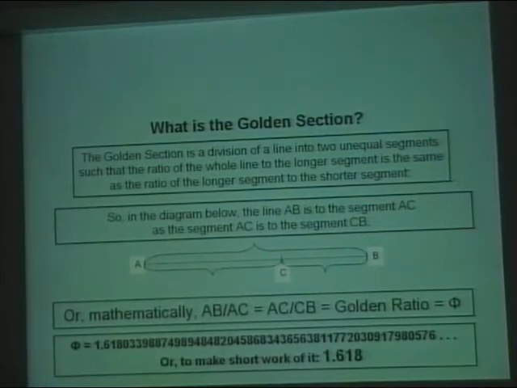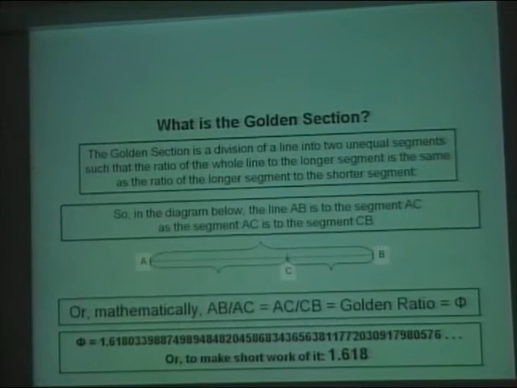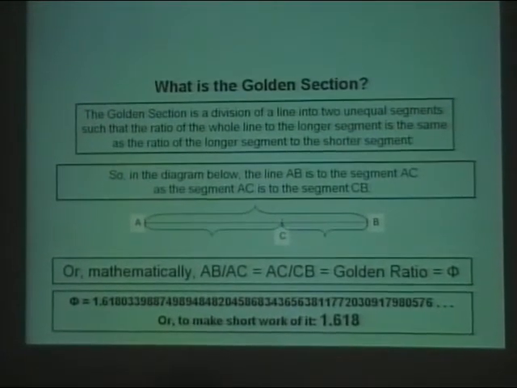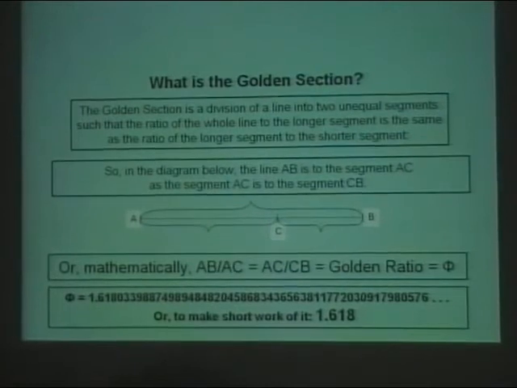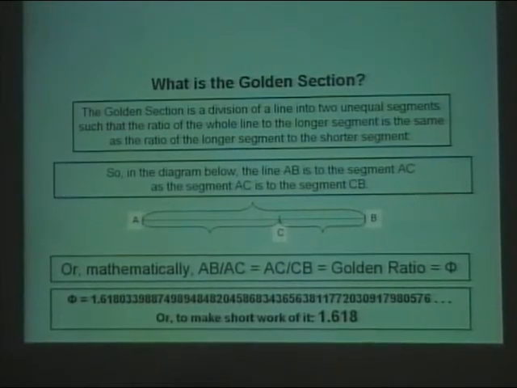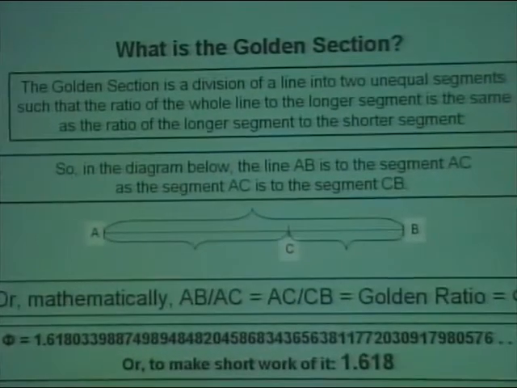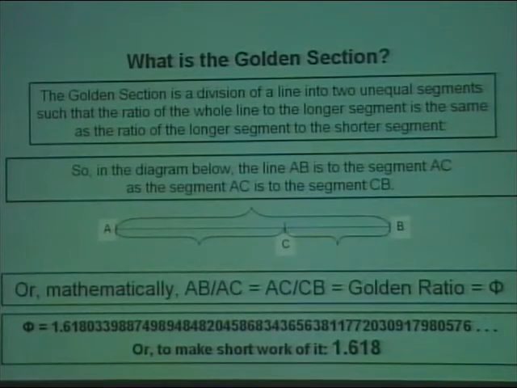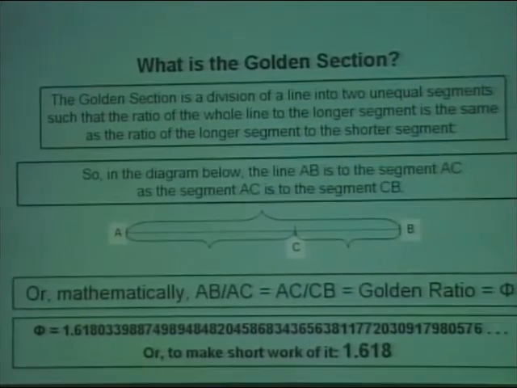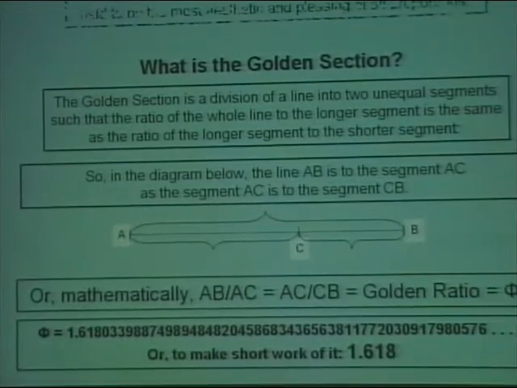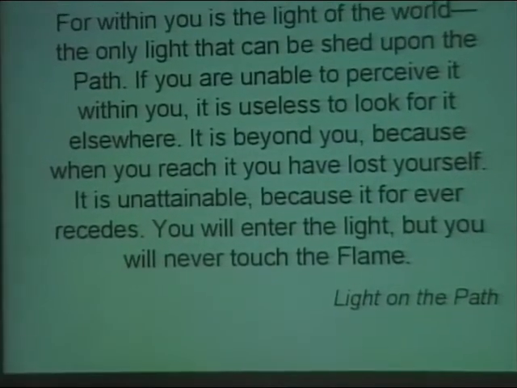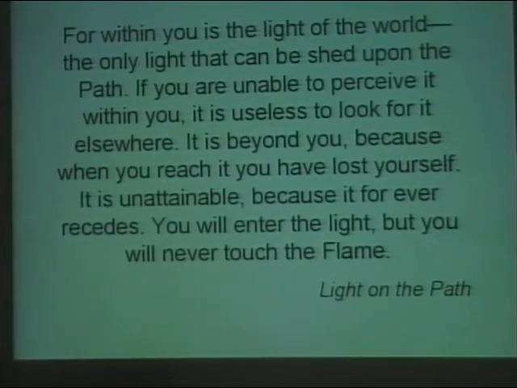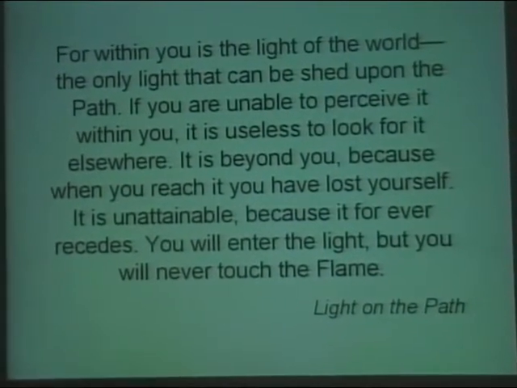It is, in fact, a number which is called irrational. Irrational numbers are decimals which have no end. They are infinite. It begins 1.6180339888749, and you go on forever, right? And that makes your head spin. What is the significance of an irrational number? A number which has no end.